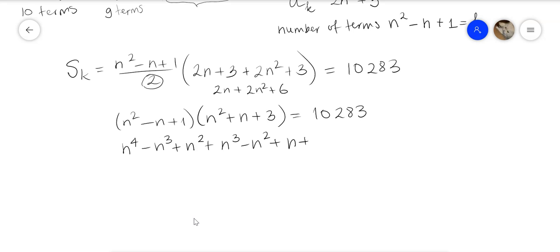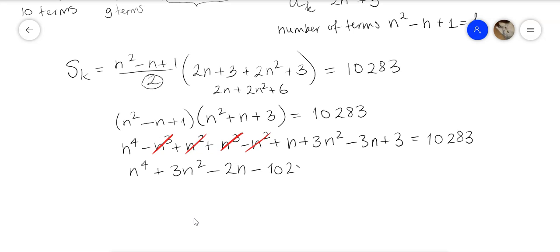And finally plus 3n squared minus 3n plus 3 equals 10,283. So we can see that some of the terms cancel out: n cubed and minus n cubed, n squared and minus n squared. Quite nice. So we are left with n to the power 4 plus 3n squared minus 2n